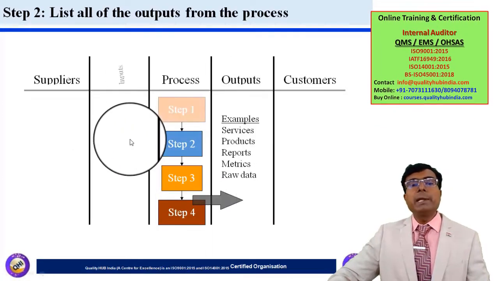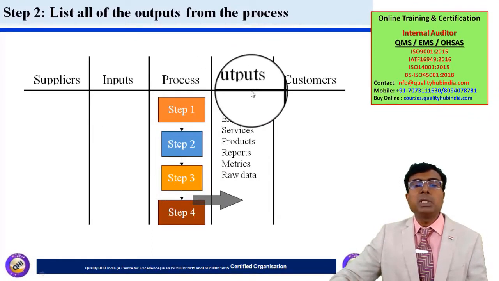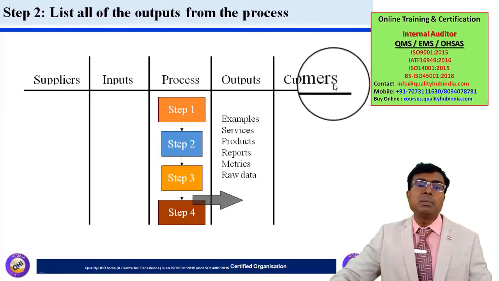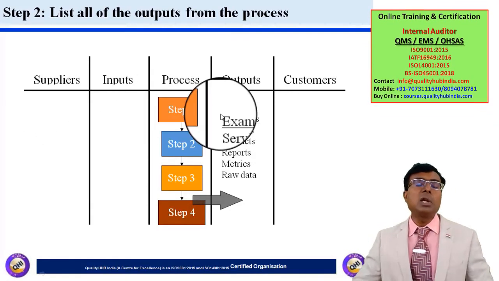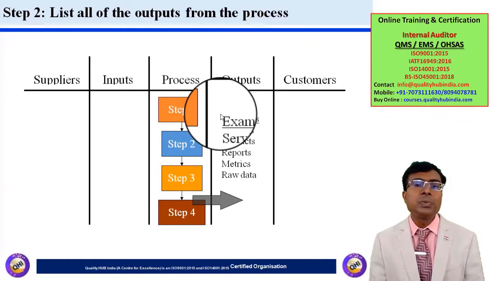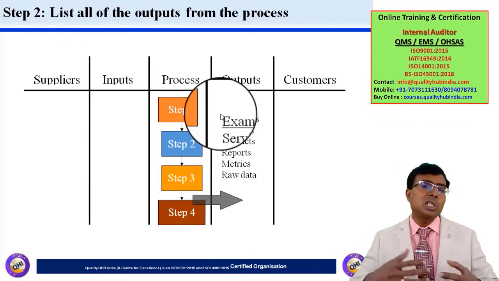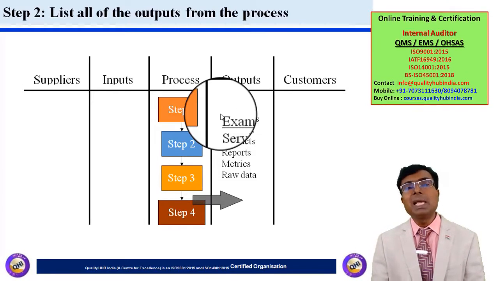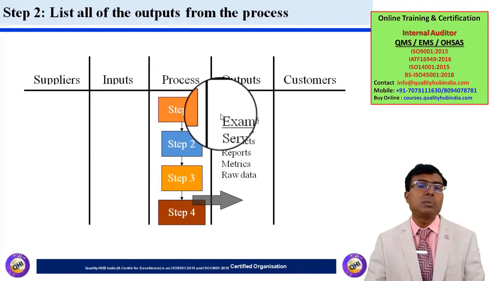Now the next step would be, once we are done with the process steps, we should move to the right hand side and complete the output, then the customer, then from the customer we should turn back and come to the input and supplier. That's how ideally it should go, but I've seen many people practicing different ways. That is also fine, because if you are mature and have made a CPOC diagram numerous times, you can customize your approach as well. If you and your team are comfortable, the ultimate aim is that this should be constructed in a proper manner for the understanding and benefit of the team.